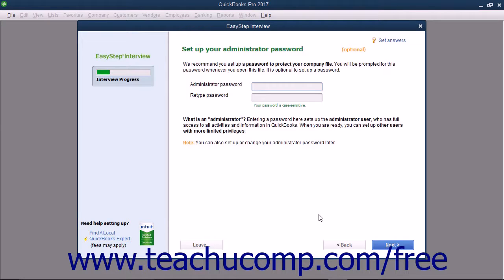In the next screen, titled Set Up Your Administrator Password, you can create a password for the administrator account of your company file. The administrator account has access to all of the company's financial information. However, you can create users and assign access privileges at any time. An administrator password is required to restore a data file that contains sensitive data, like credit card numbers, social security